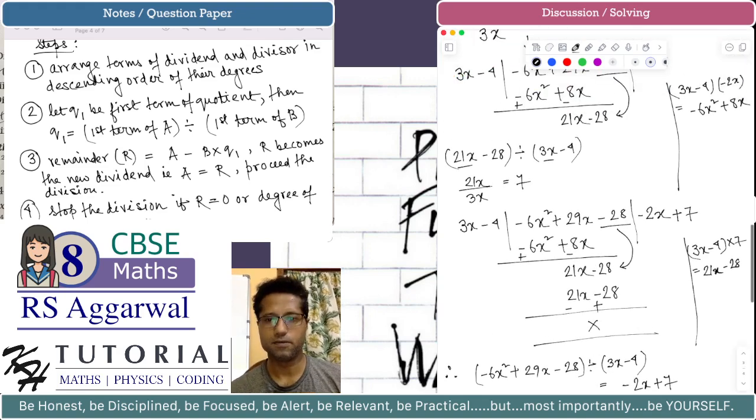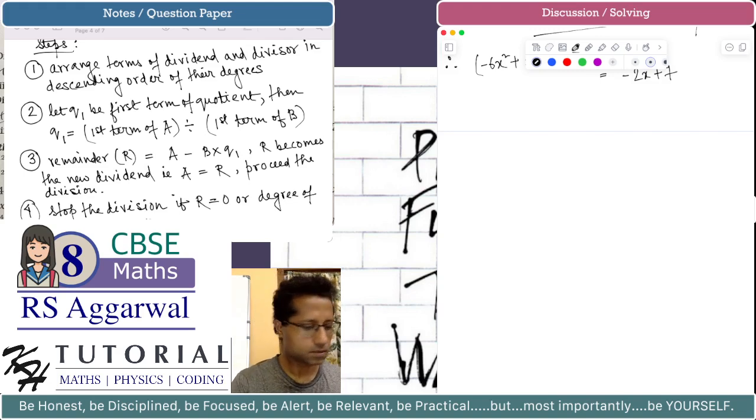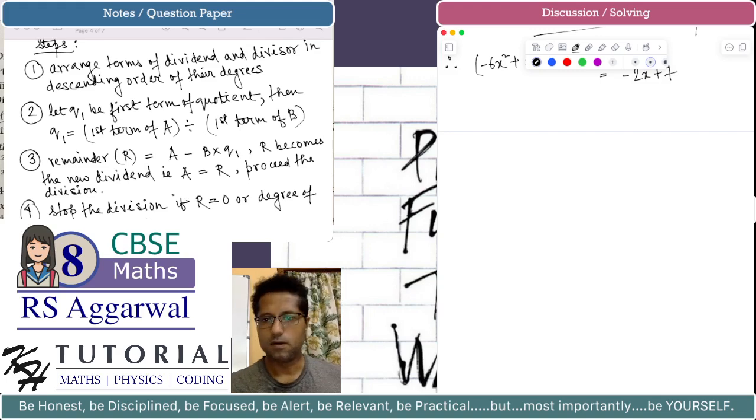Okay. Let's see another example. I will take an example from the sample examples solved in the textbook of author RS Aggarwal. Let's take another example. Let's say we have to divide